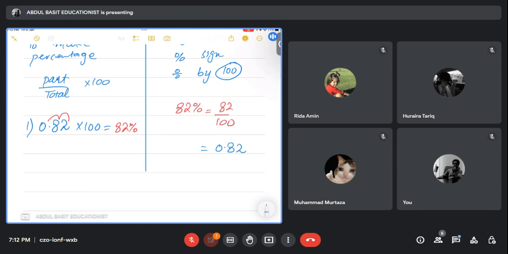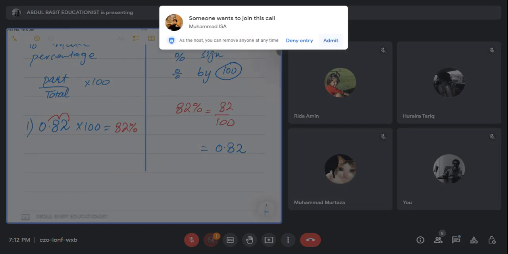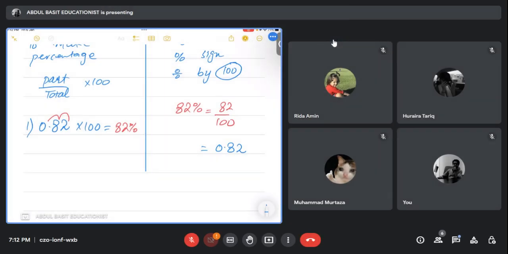बेटा सबको समझ आ रही है कि नहीं? जहां पे समझना पड़े जी माइक ऑन सर. करें. रिदा आपको समझ आ रही है बेटा? जी सर. हुरैरा समझ आ रही है मेरा बेटा? यस सर. ओके, ये नोट डाउन करना है. अच्छा,